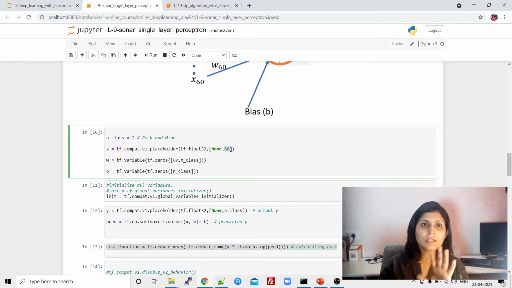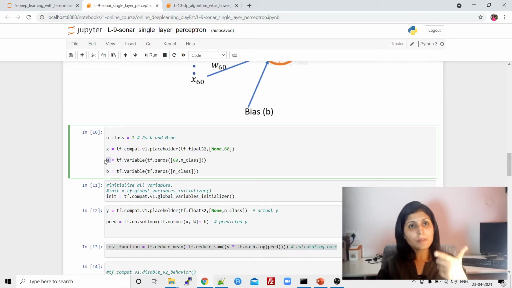So we are having 60 in this case. Let's suppose you are working on a data set where you have 14 columns. Then you have to mention 14 over here. Right guys? So x is a placeholder, but I have told this x that we have 60 different inputs. Okay? W. Now how many weights do we need?